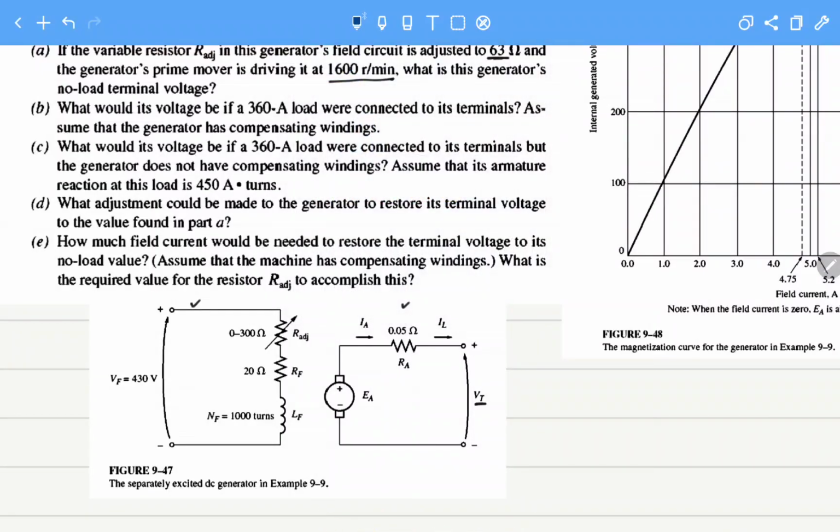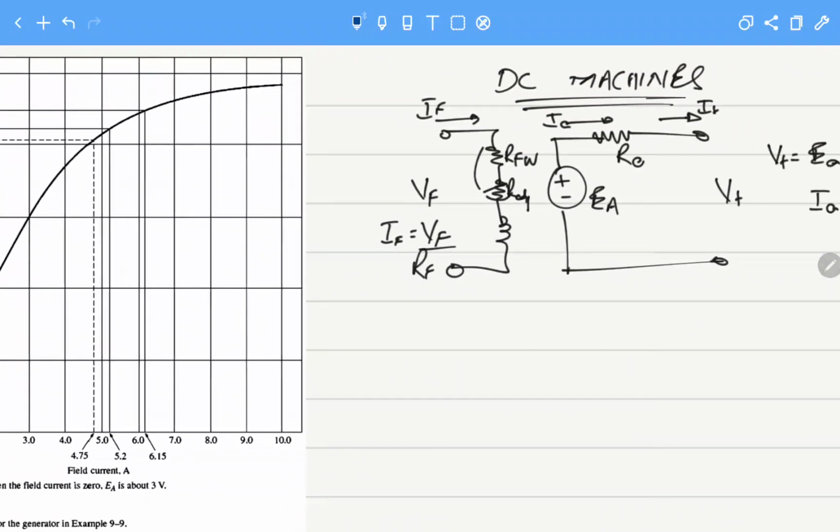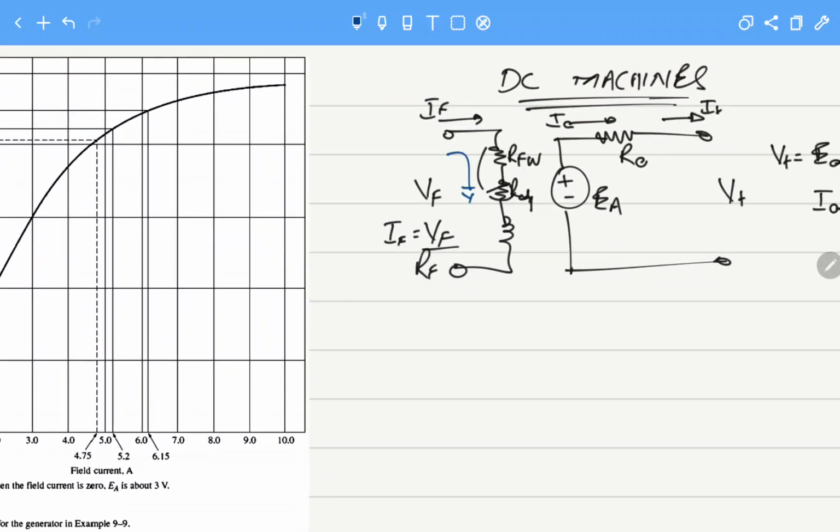So how can we solve this? First of all, in this question they have given us a magnetization curve. What is a magnetization curve? It is a relationship between how much field current is flowing, and because of that field current, how much voltage is being generated, that is EA inside the armature. Two fundamental equations that are very critical for DC machines: EA equals K phi omega, the internally generated voltage relationship with flux and speed, and the second is torque induced, equals K phi IA,